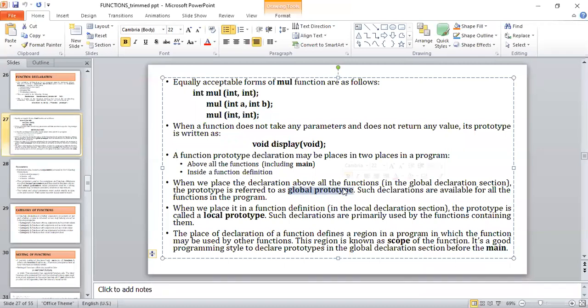So basically, please make the function declaration globally. That gives more effective results. Understand? So global prototype and local prototype, that is very, very important. So these are some of the variations we can follow in the function declaration.